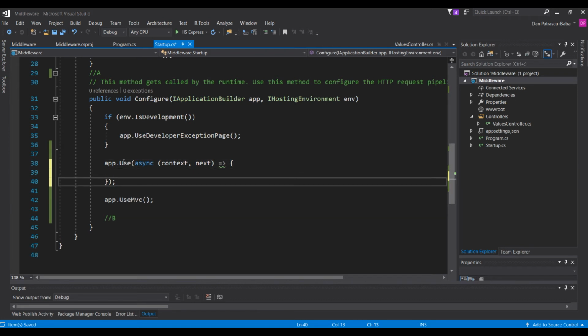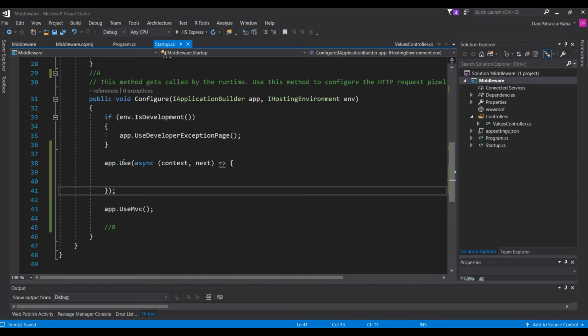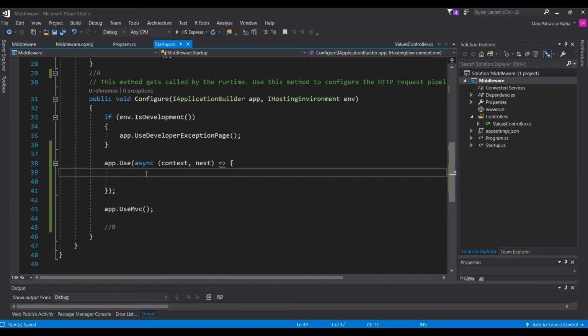We use a simple lambda expression in order to run some custom logic here. The next delegate is very important because we will use it to send the request to the next middleware in the pipeline. And the context is the placeholder for the current HTTP context that we will have on each request. So what we'll do here is await